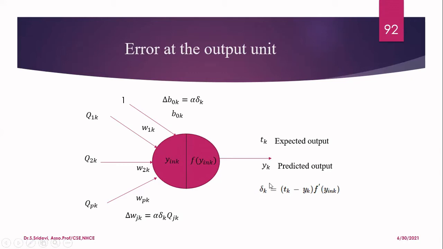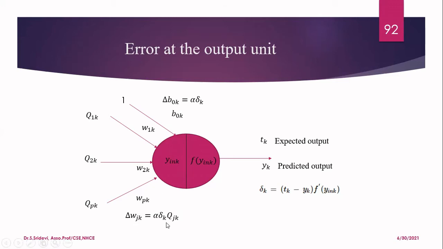So once you calculate delta k, what we will do is update the bias b_0k as well as the weight values w_jk by means of these equations. So try to understand what this equation is. Delta k, now you are computing by this particular formula. To compute the bias, you multiply that delta k with the learning rate of the algorithm. During the initialization, we already set the learning rate. Multiply these two, you will be getting delta b_0k, that is nothing but the change in the bias value at the kth output unit.